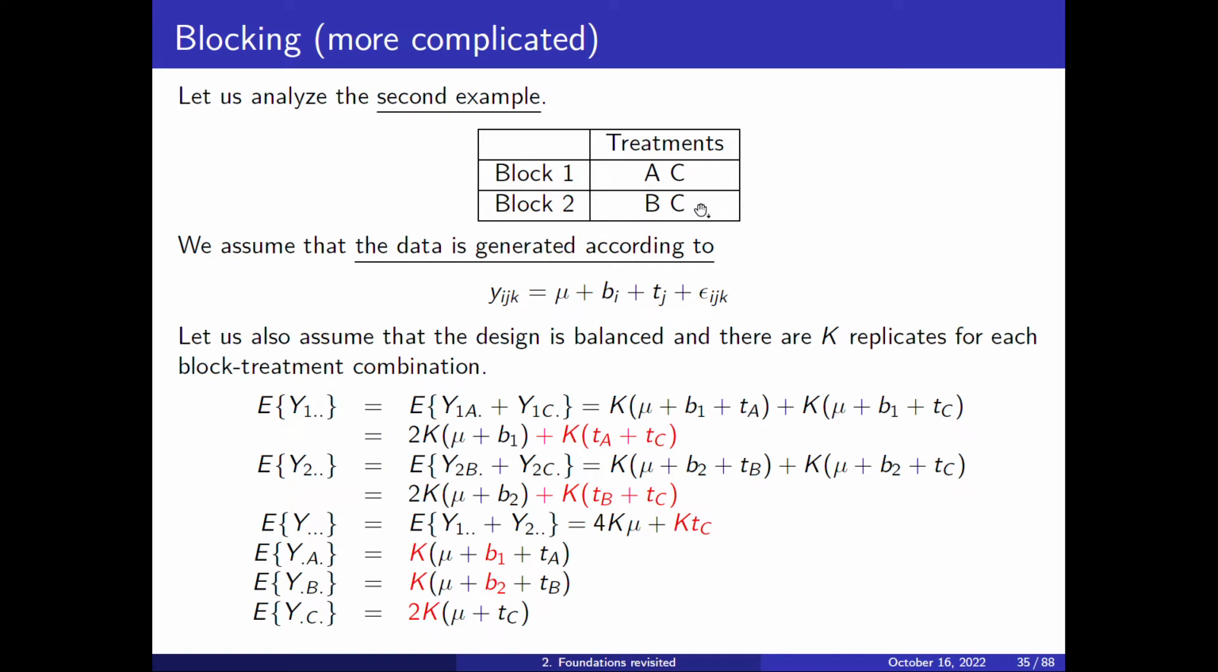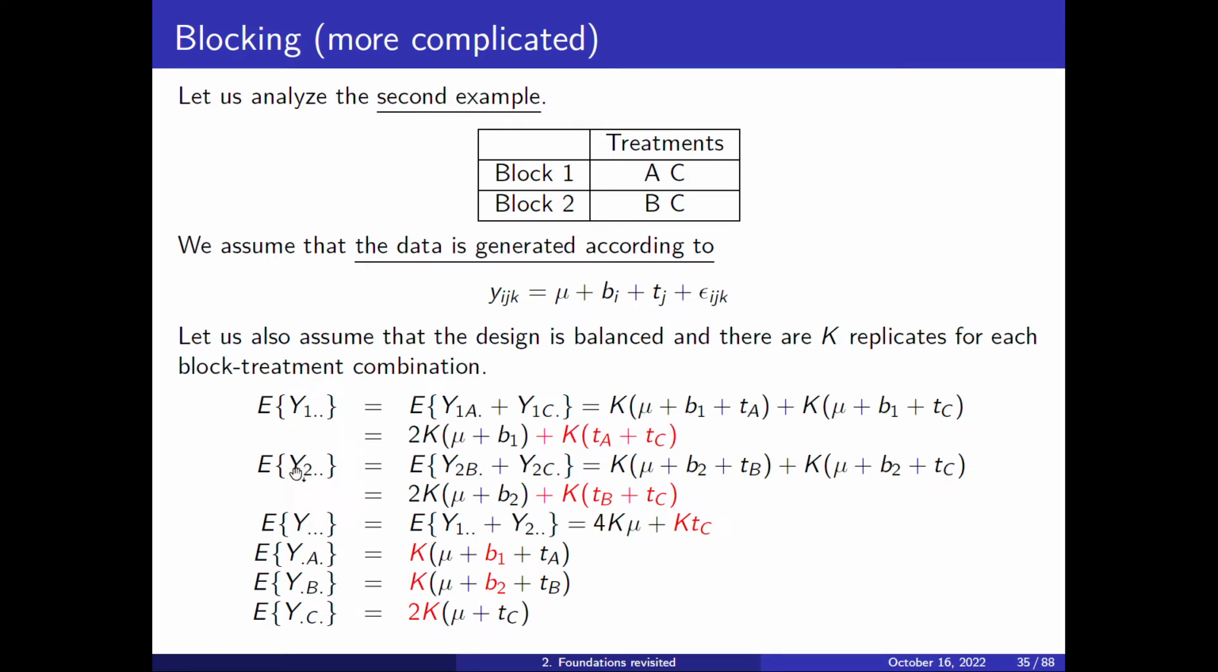and block 1 has not seen B, block 2 has not seen A. Our equation of how the measurements are generated is still the same, but now when we compute the expected value of the sum of block 1, we have the expected value of the first treatment plus the treatment A plus the sum of the treatment C. So it is this thing, and this thing is equal to this. So it is the same as we had before plus a new term that we have shown in red,